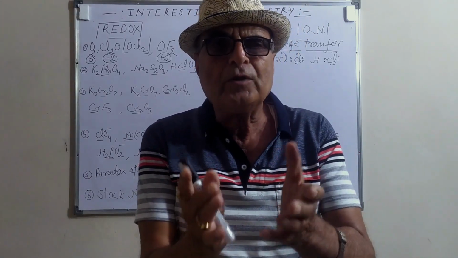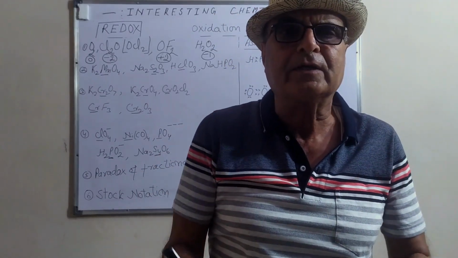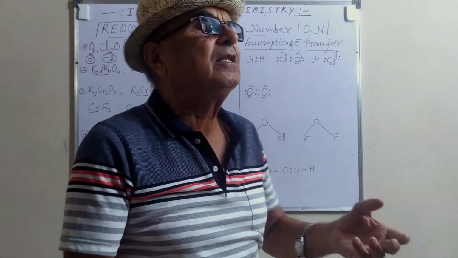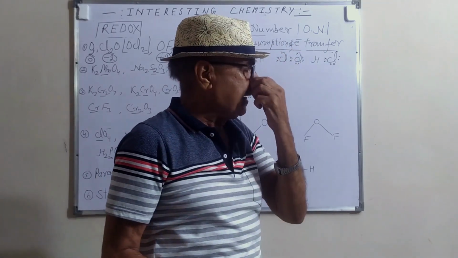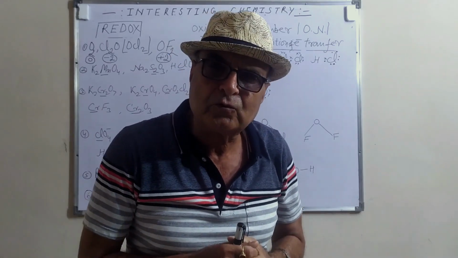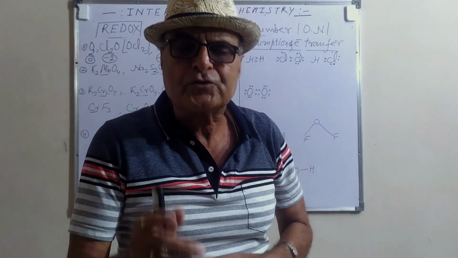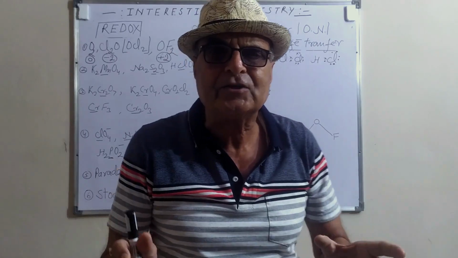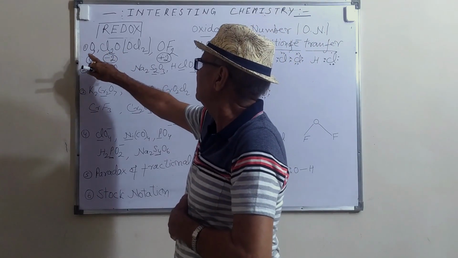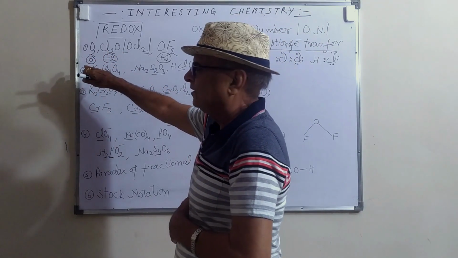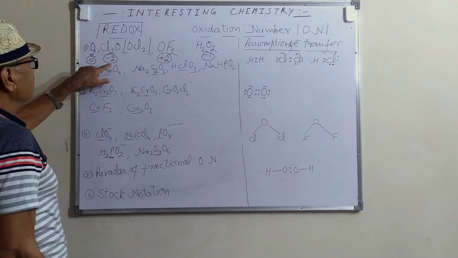Electron transfer is found in ionic compounds. But in covalent compounds, we assume that there is electron transfer. With the help of this assumption, we can calculate the oxidation number of covalent compounds. So, without getting late, I am starting the video with the first question, that is to justify the oxidation number of O2 is 0, Cl2O,